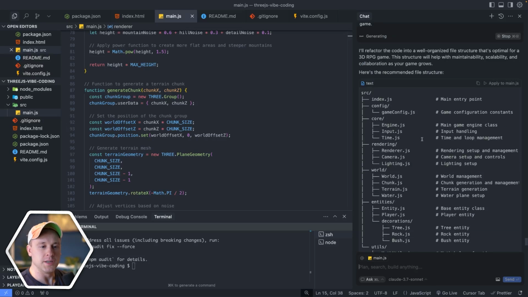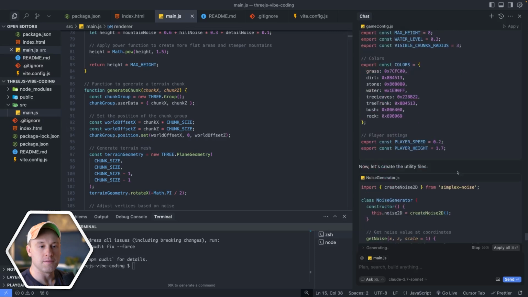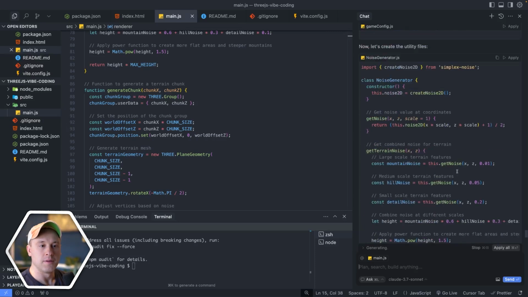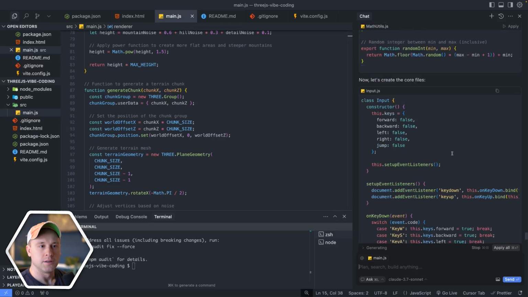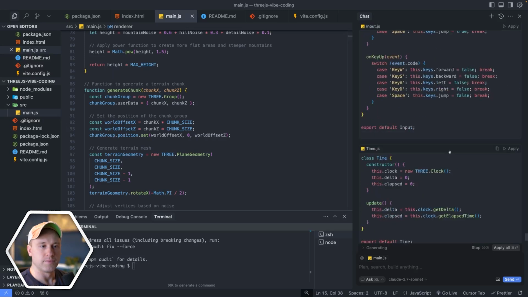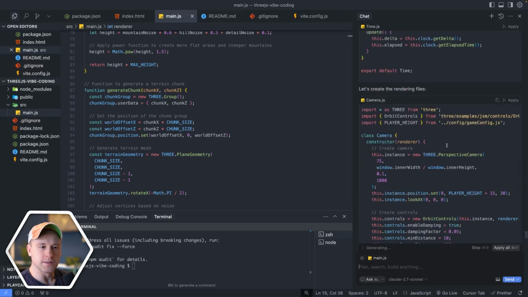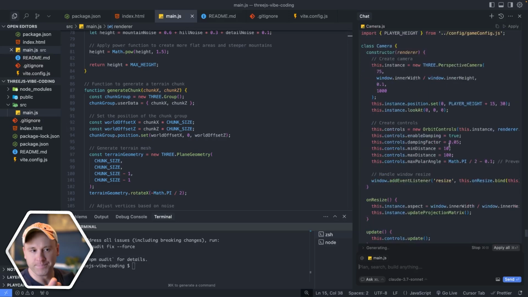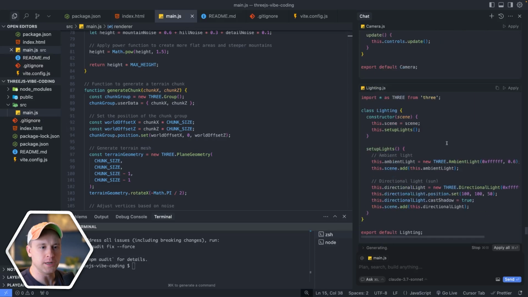That looks a bit intense. Noise generator, math utils. I'm going to let it do this because this actually looks pretty good to me. It's a little more hardcore organization than I would probably do, but